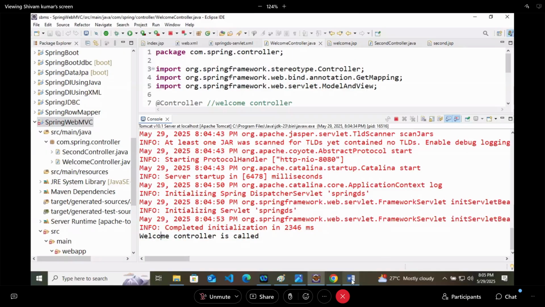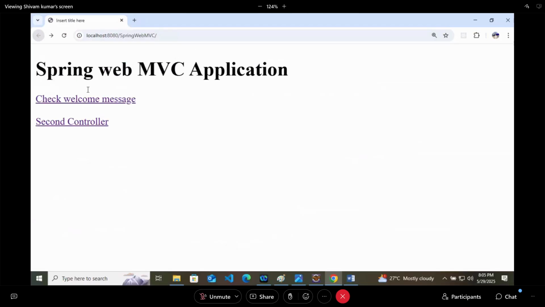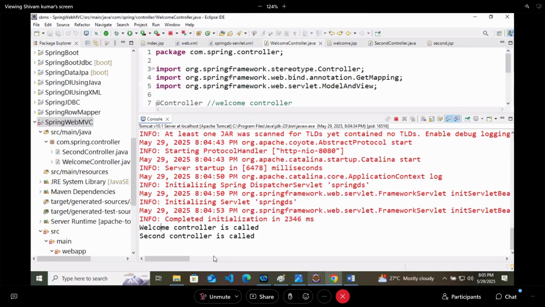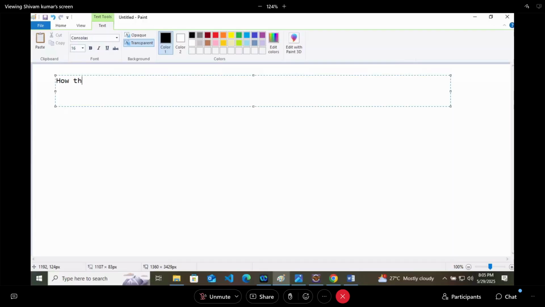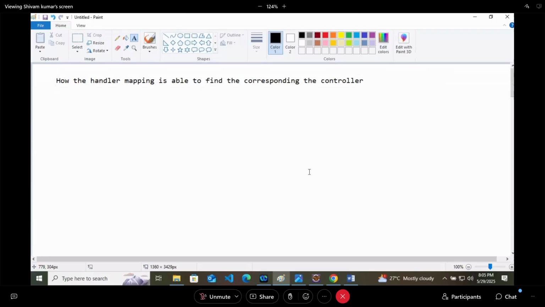Now let's understand how the handler mapping is able to find the corresponding controller. So I will make the same scenario again. This is your client, right?